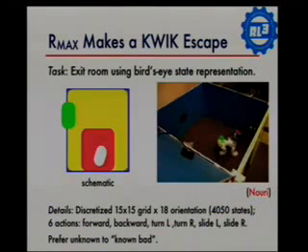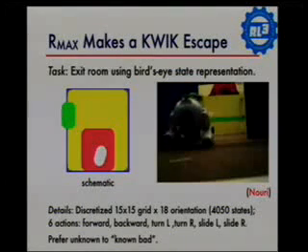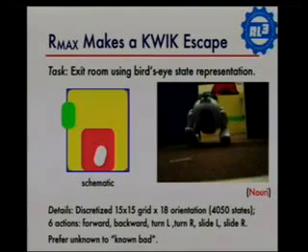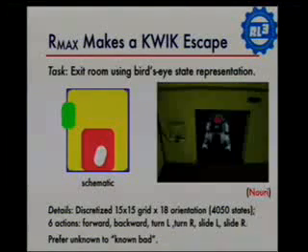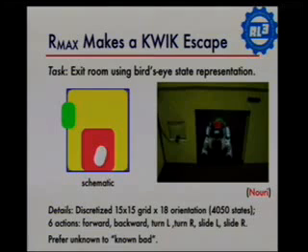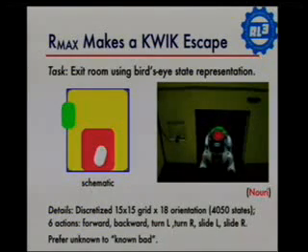We discretized the space here into a 15 by 15 grid and 18 orientations, so it's about 4,000 states. So it's much bigger than the taxi problem. And it's also a bit noisier. But the robot is able to learn pretty quickly, before the batteries run out, how to get out of the box. The way that we have it doing it is by using this quick learning idea that there's parts of the state space that it understands, where it has modeled those transitions accurately, and there's parts that it hasn't, and there's the goal.